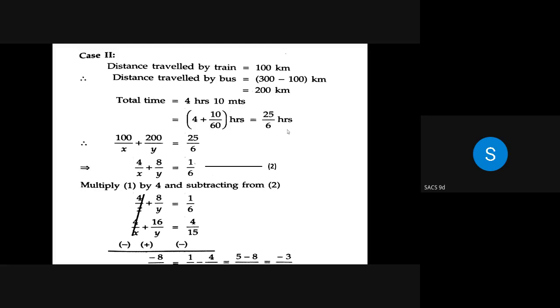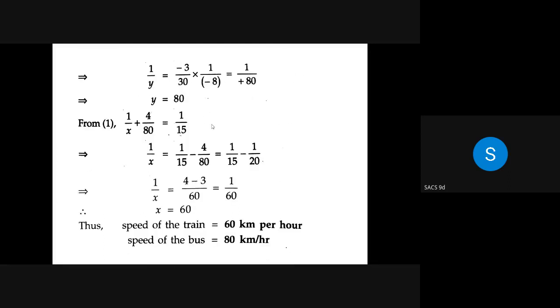Same way, here you will find time for both separately. So 100 by x is the time for train and 200 by y is the time for bus. And totally it is 25 by 6. So the second equation will be 4 by x plus 8 by y equal to 1 by 6. Then solving the equations, I get y equal to 80 and x equal to 60. That is in kilometer per